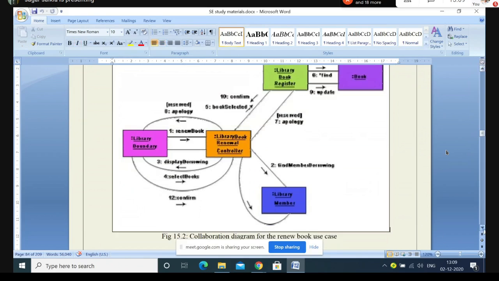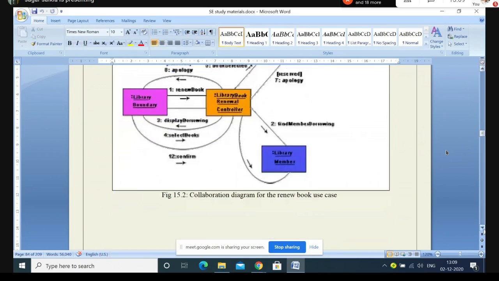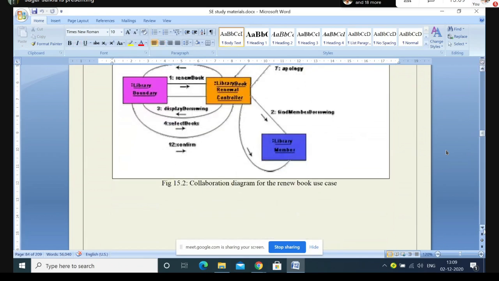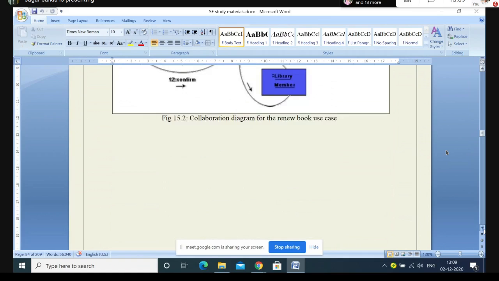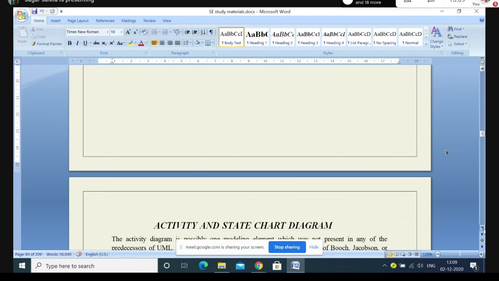You have a software engineering practicals paper also where you have to draw DFD, you have to draw the ER diagram, you have to draw these activity diagrams, UML, collaboration diagrams. So in order to know them, you have to know these things very, very nicely. Okay,